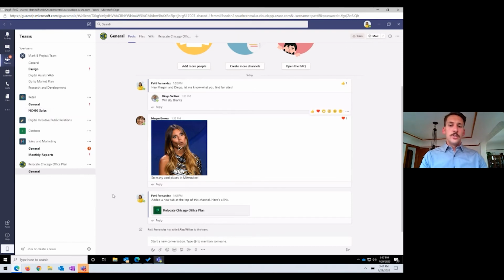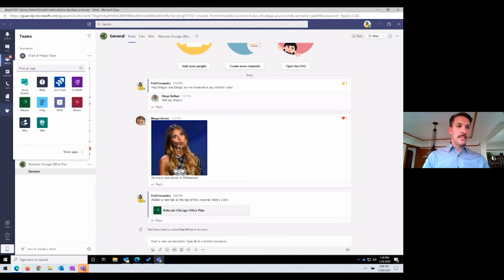And then just one other note, you have a Planner environment for just your tasks, and then you also have the plans that we've been playing around with that are for a team of people or a group of people. So just to show that, if we click these apps on the side of Teams here, you're going to see